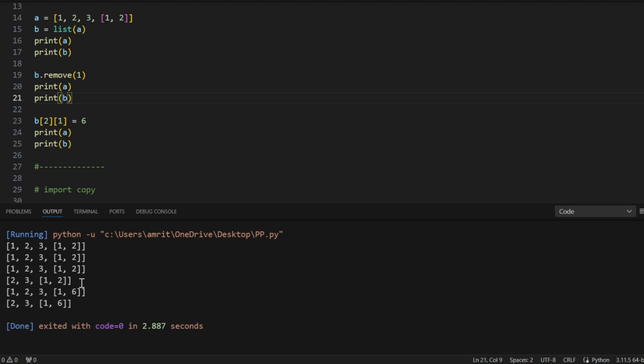Now let's see what happens when we try to make changes to the nested list within that particular list. Whenever we are trying to make changes to the nested list, here I have assigned 6 at this position. Instead of 2, I have made the change to 6, so I have replaced it with 6. So here I am getting 6, but the same change is being reflected in A as well. So as you can notice, once I am printing A and B, I am getting 1, 2, 3, 1, 6. So this means